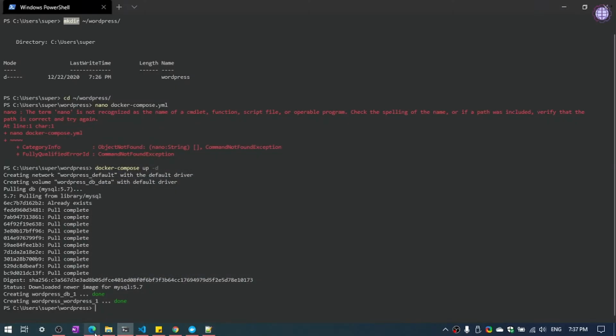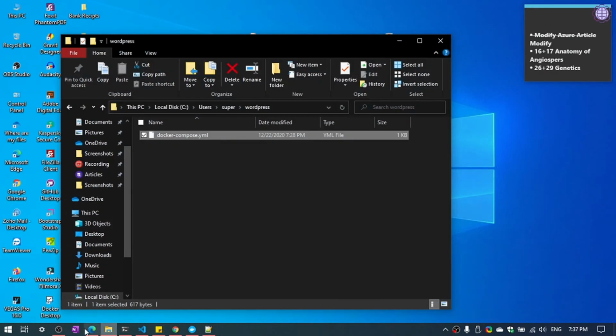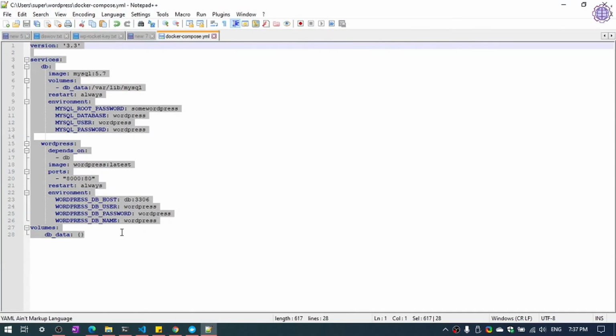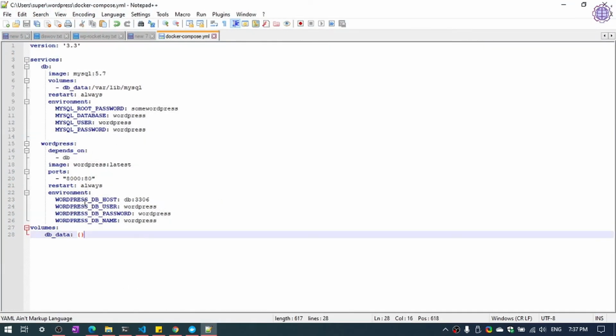You need to open your file manager, and you can see I have created it in the C directory, and I have created a new text file. Then you need to rename this file and open it in Notepad. Now you need to copy and paste these database credentials.